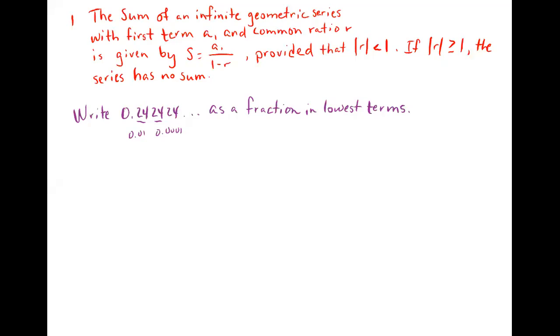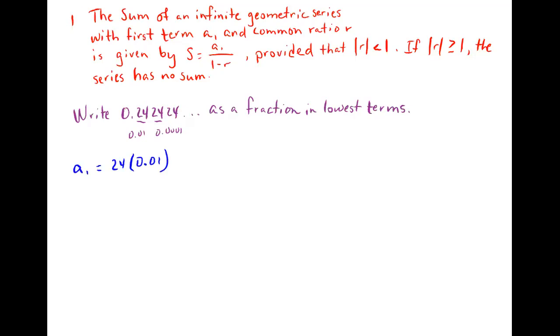I'm going to write down here the value for a subscript 1, which is equal to 24 times 0.01. And we need to look at our ratio,